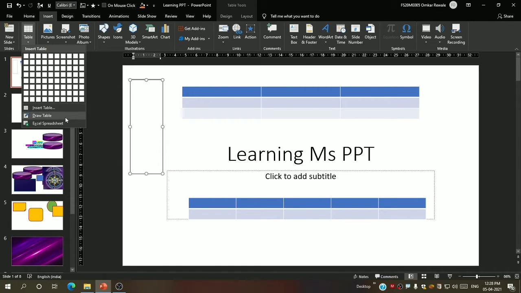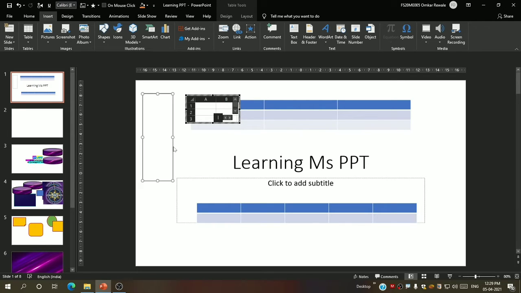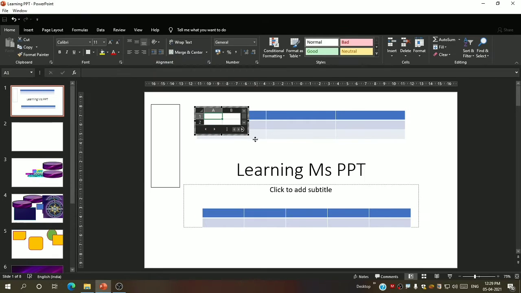Now again, Excel spreadsheet. You can also add an Excel spreadsheet in Microsoft PowerPoint. Let me show you that. Okay, you can see over here.